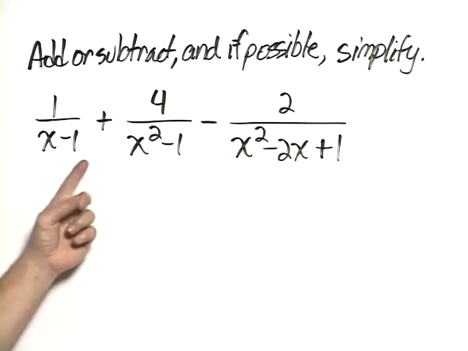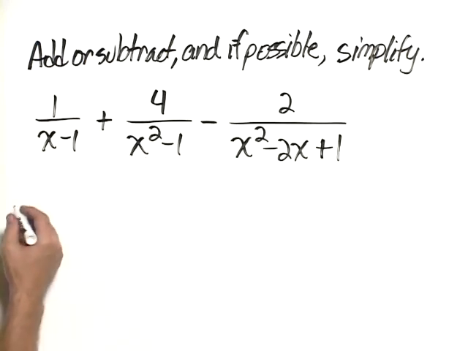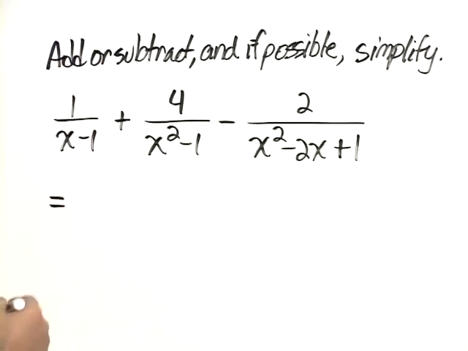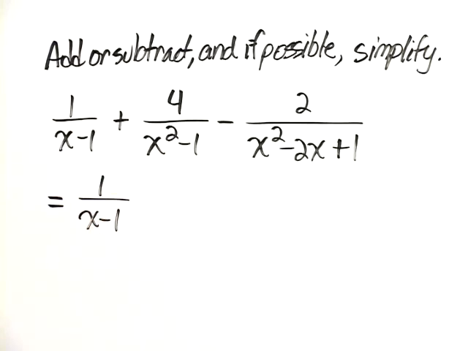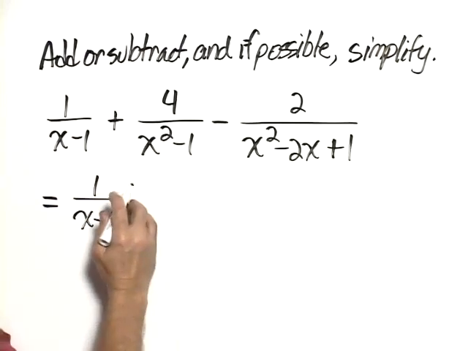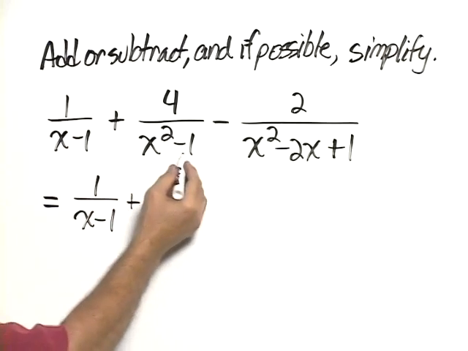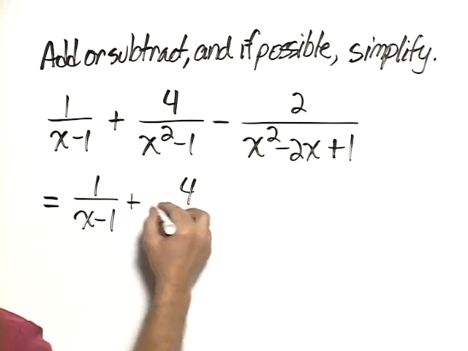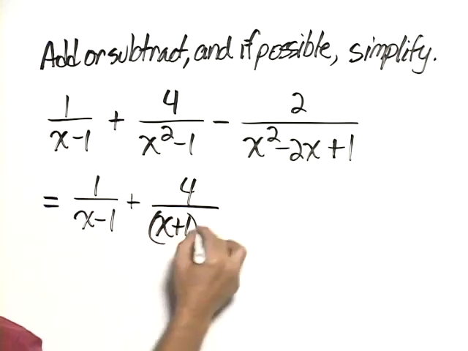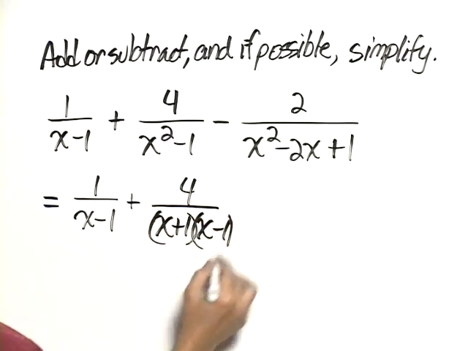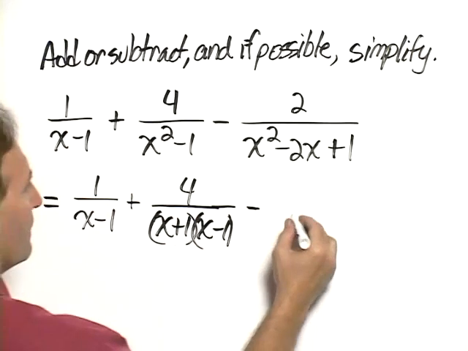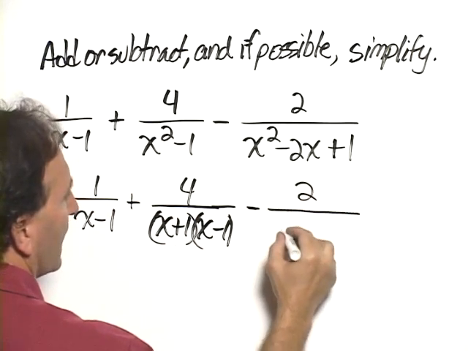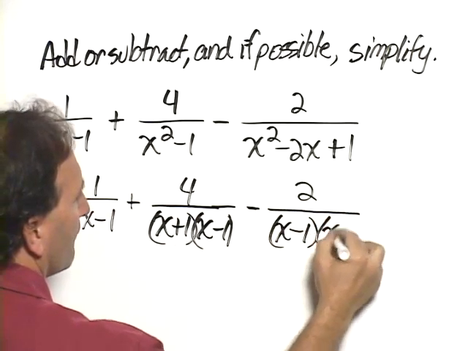In order to find the LCD, we need to factor each denominator. So let's rewrite each of these rational expressions with a denominator that's factored. Now, x minus 1 is already factored, so we don't change that. x squared minus 1 is the difference of two squares, so that factors as x plus 1 times x minus 1. x squared minus 2x plus 1 is a perfect square trinomial, and it factors as x minus 1 times